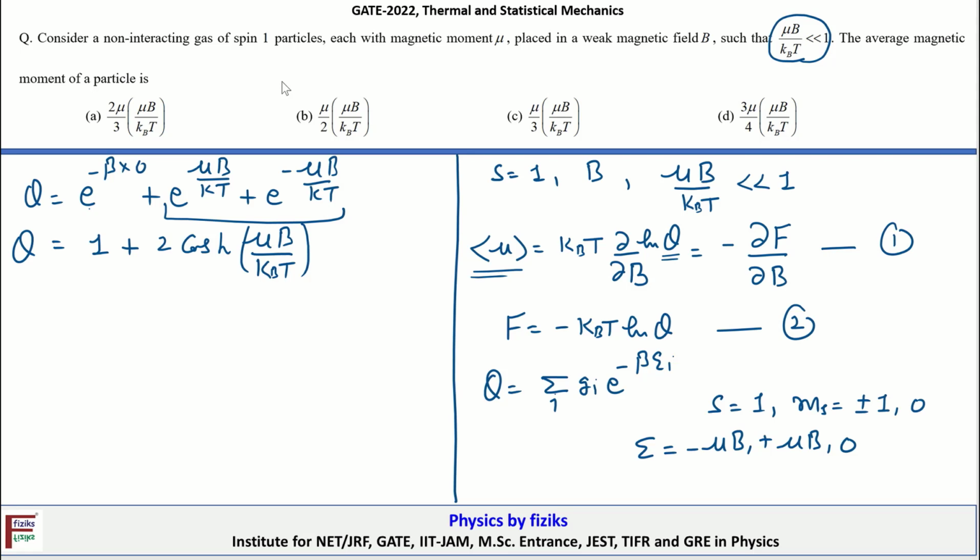Okay, so now the corresponding Helmholtz free energy F is equal to minus kB T ln Q, and that is equal to minus kB T ln of 1 plus 2 cosh of mu B by kB T. Okay, so for the average magnetic moment, let me switch to the next page. The average magnetic moment